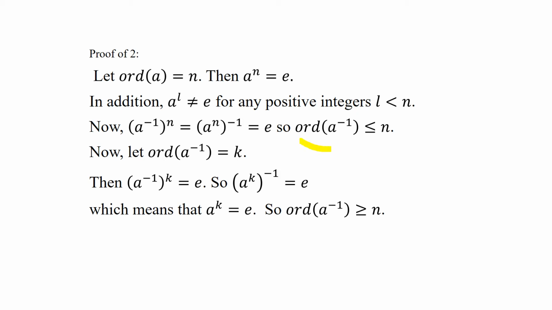Now, if I look at these two inequalities, order of a inverse less than or equal to n, order of a inverse greater than or equal to n, I conclude that the order of a inverse is n, and of course n is the order of a. This is what we wanted to prove. Now we know that the order of any element in the group and the order of its inverse are equal, which tells you, of course, if a is a finite order,